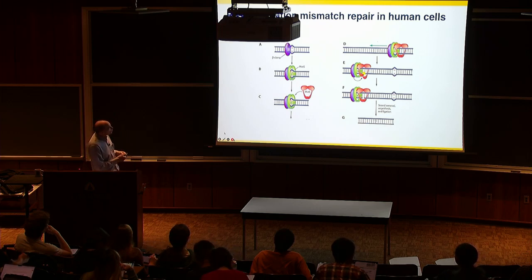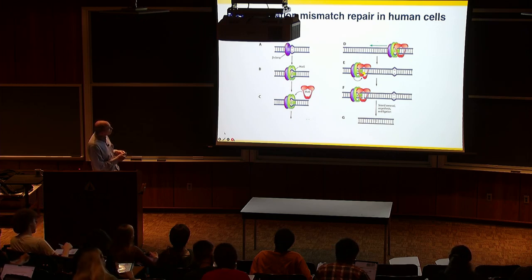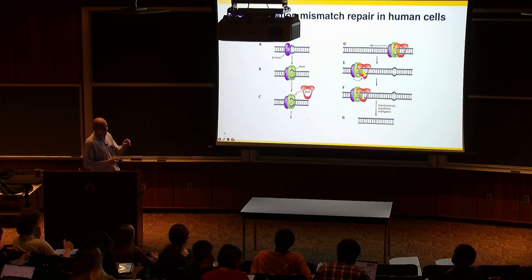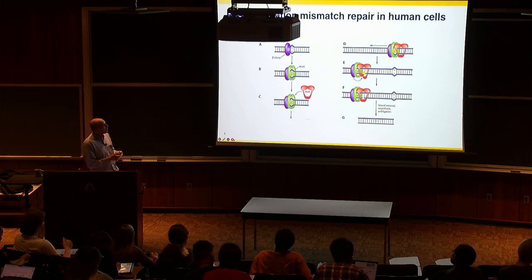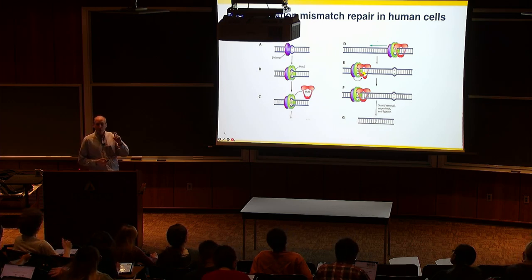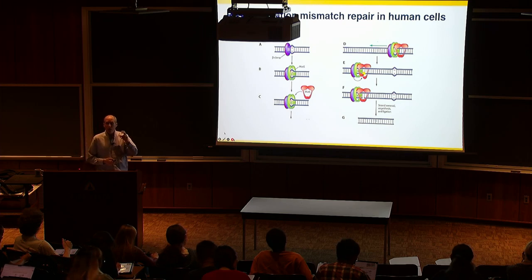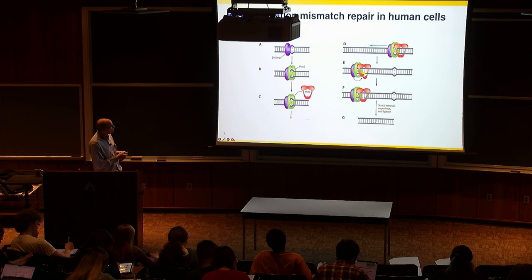a series of sliding clamps. So this is shown in very schematic form, but this is a hexamer of a protein that literally forms a bracelet around DNA. And once it's on the DNA and it's put on in a way that is asymmetric, it can slide along the DNA, preserving the information, preserving the mark of which strand was the old and which was the new. I'd say this is put on, or it's set asymmetrically, at the place where the